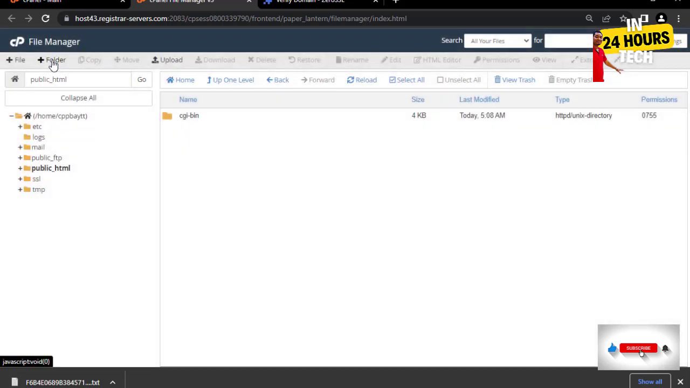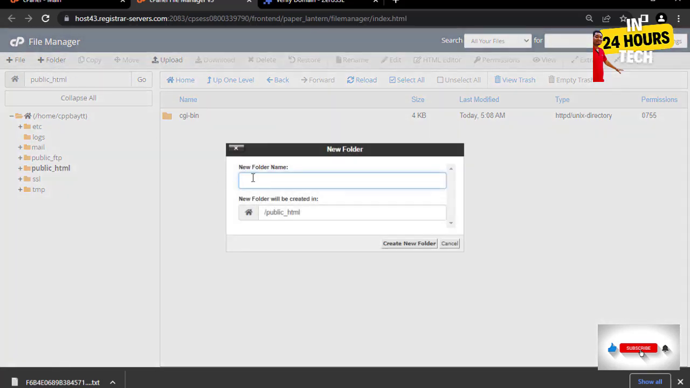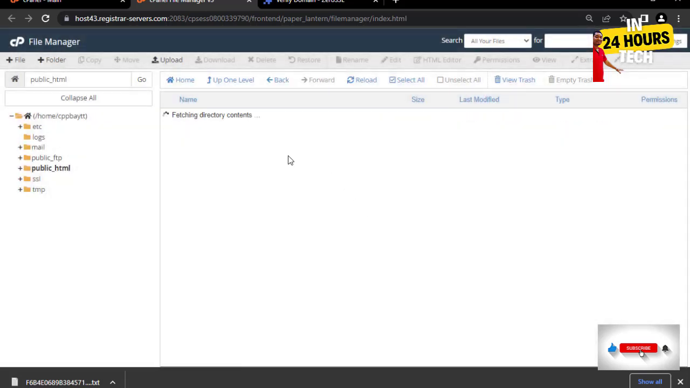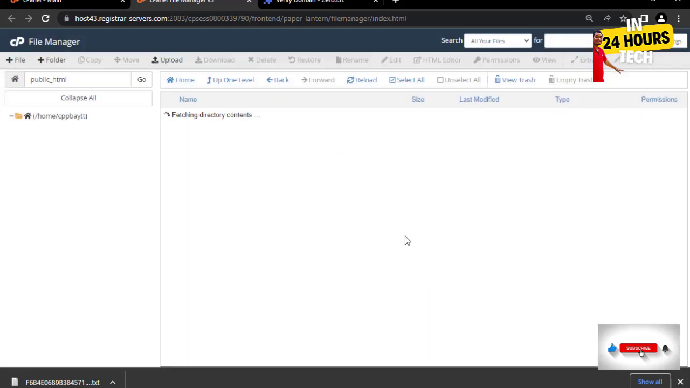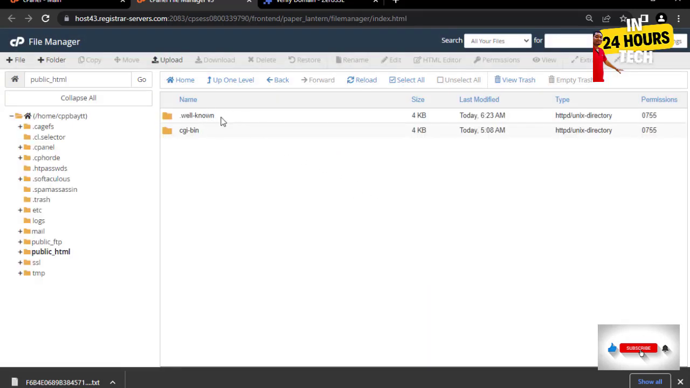If we have to create a folder, normally just create a folder like this, and we have to say the dot well known created. Now if you see what I mean, you won't see the folder. Okay, you won't see the folder. But if you go to this settings and you check the home and then you check show hidden files, you click save. When you do that, you'll be able to see the well known. Okay, then you double click on it,